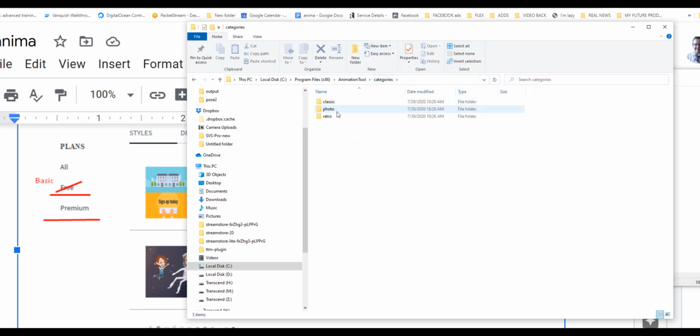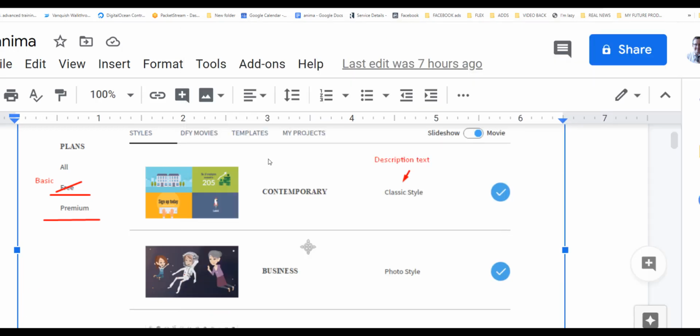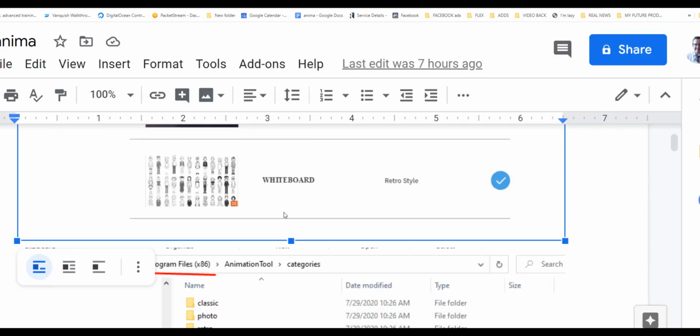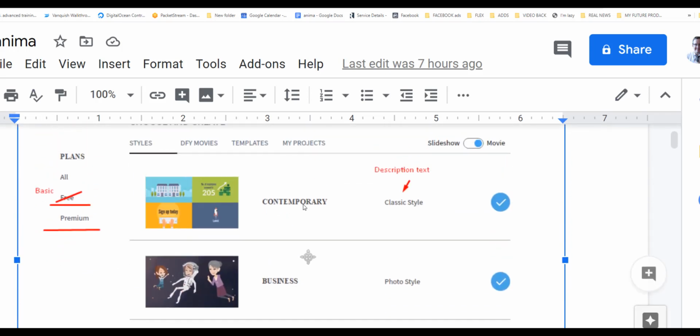The categories with 1, 2, 3, 4, 5, I can put 20, and all will complete here dynamically, and it will be very easy